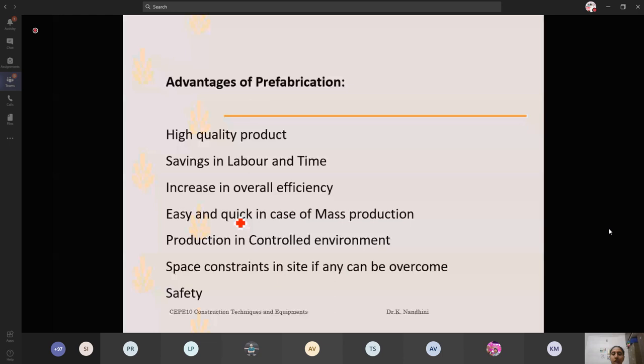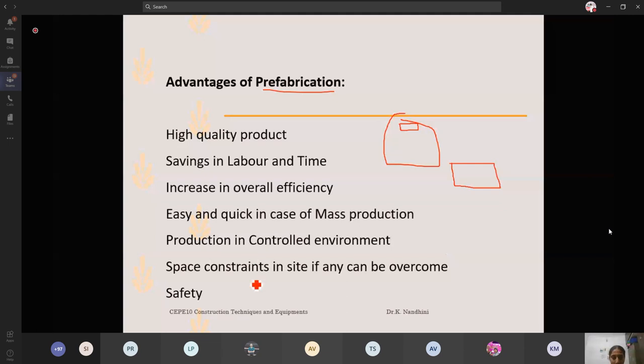Whereas in the case of prefabricated, everything is done off the site. You only tell them your structure dimensions, and they'll bring out the elements with those dimensions. Whatever dimensions of the structure you are telling, like a wall of 3 to 7 meters, that will be fabricated there and brought to the site. You can fix everything within a few days to weeks.